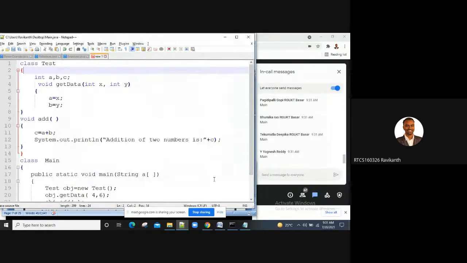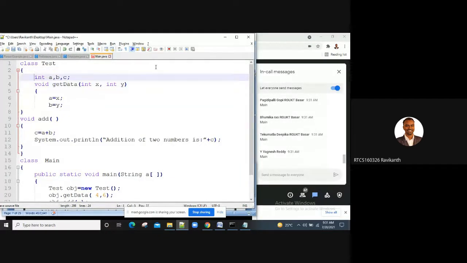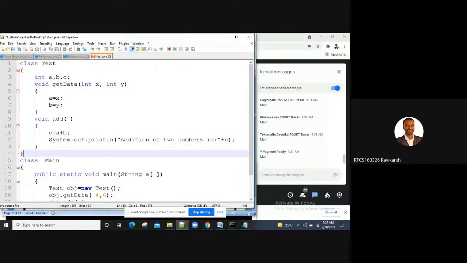So I have class Test, where I have declared three variables A, B, C. I have also declared a method getData, where I'll be taking the values of A and B. Then I'll be calculating, which is nothing but void add. Then I'll be displaying the C value. So till here we have done our first class.